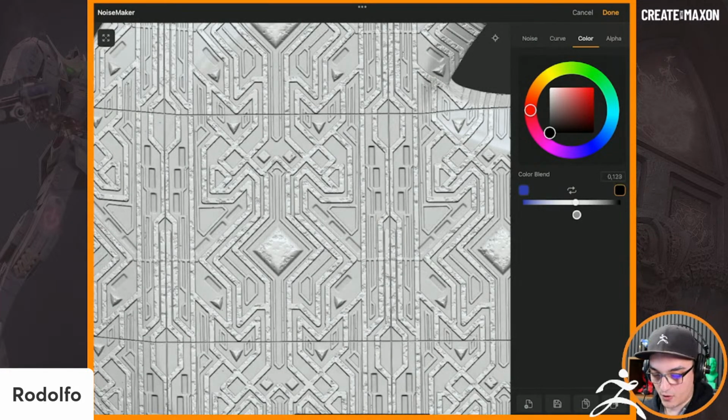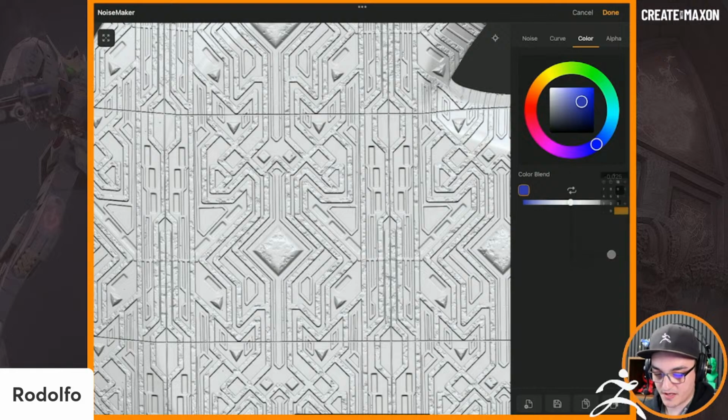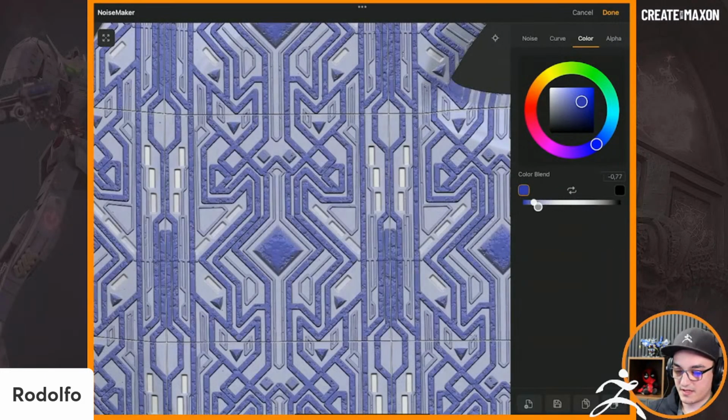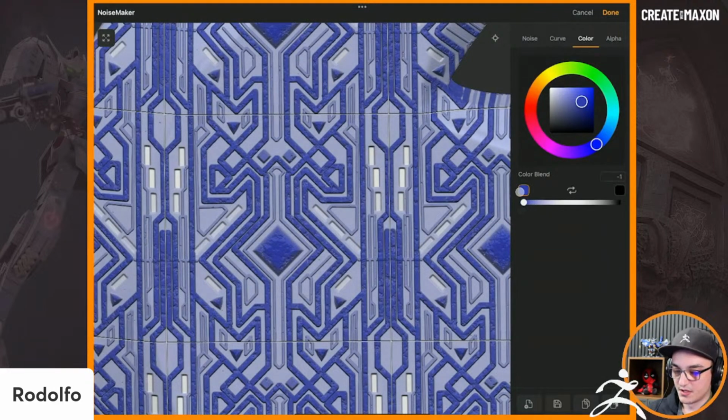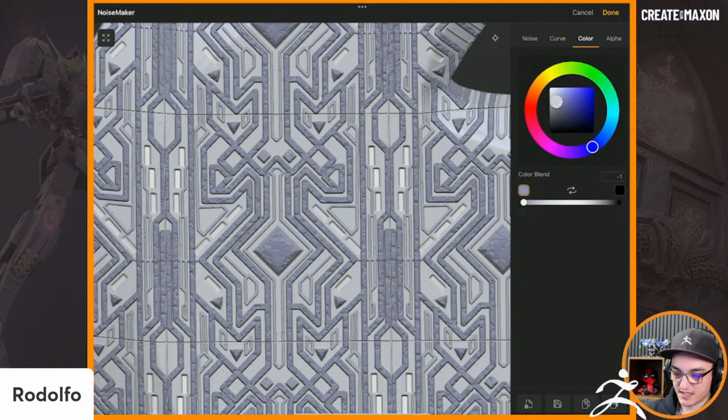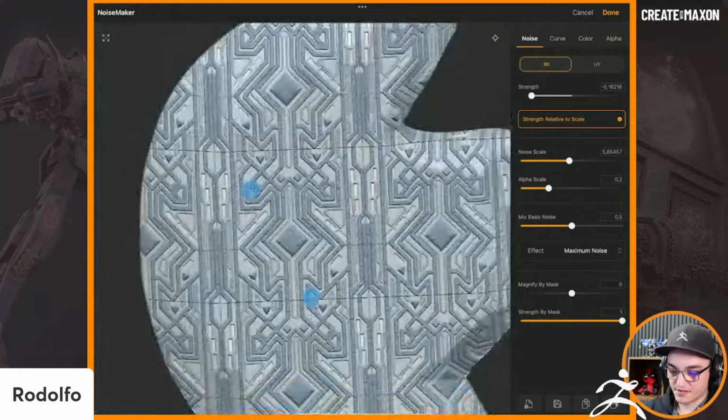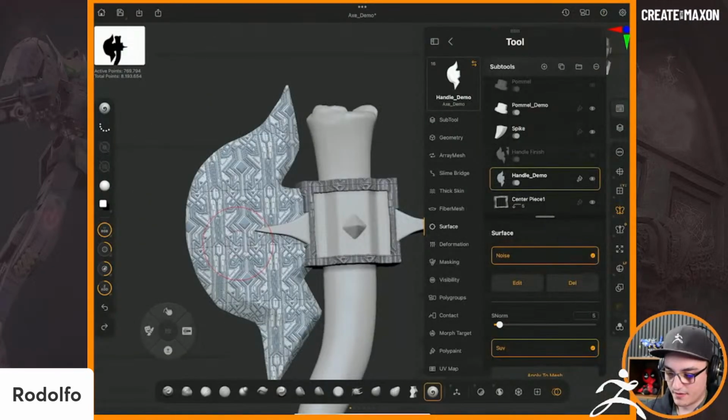But I can go and put this back to 0. And if I do 0, it's basically not going to mix any of that noise. So I can tell it, okay, I want the brighter parts to be, I don't know, let's do a slight tint of like this pearlish blue or something, this Turkish blue or whatever. Let's do something like that. I don't know. And then as you're moving this and you click done, you're going to see that noise is